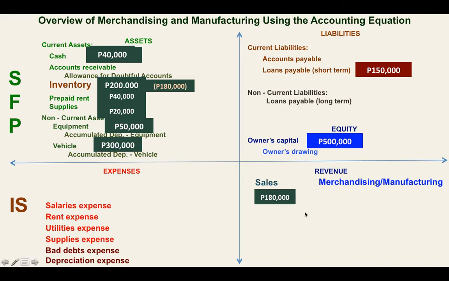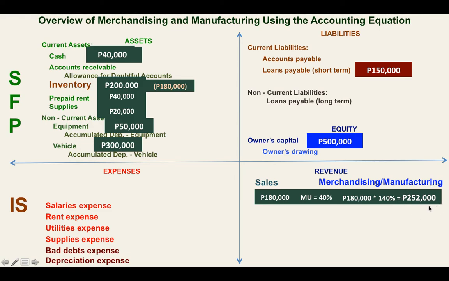So we will be using the markup concept wherein we will add a certain percentage to the cost. If the cost is 180,000 and we add 40% for our markup, then our sales will be